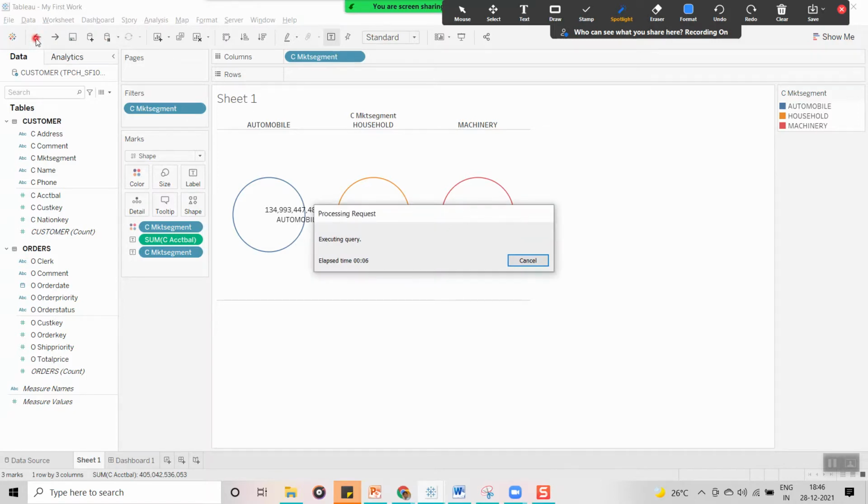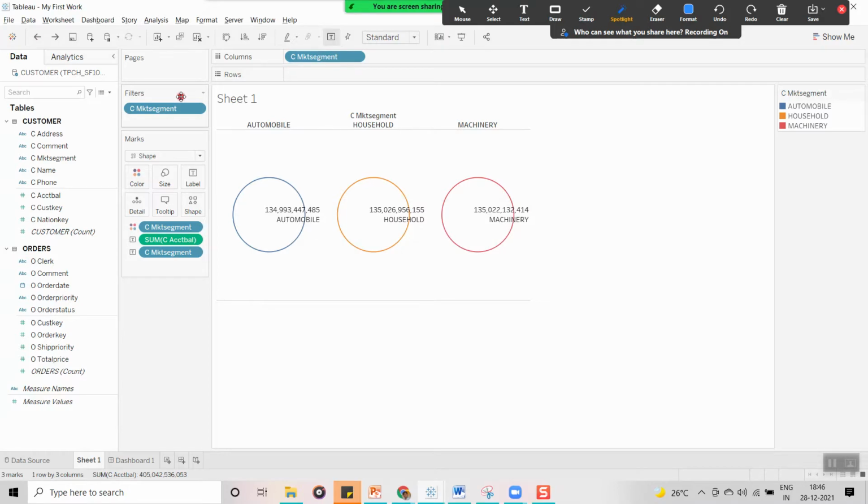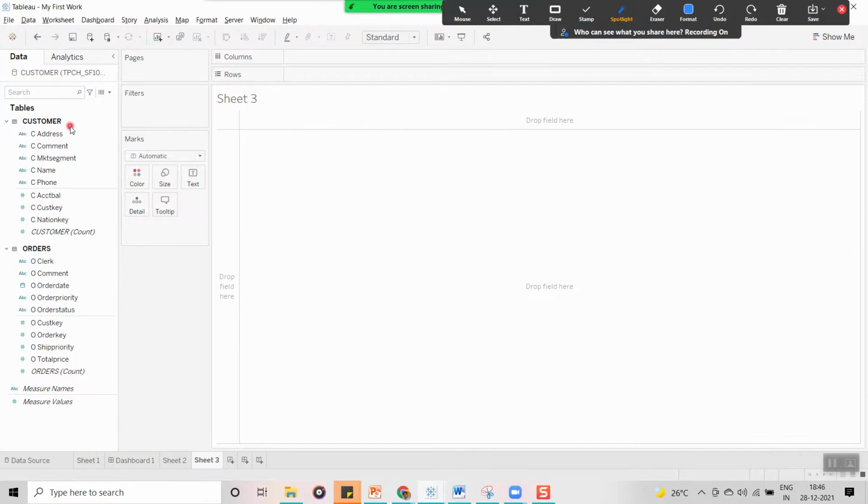And you can redo as well, whatever the last step you have performed. See, now it is disabled, meaning you cannot go further. This is the last step you have performed. So this is going to be helpful, guys. For example, you have done a lot of changes in your report, but you don't know what changes you have made. You want to come to the initial state, then you can use these redo undo buttons. Undo means Control Z, going back to previous things, and redo means whatever you have done after this one.